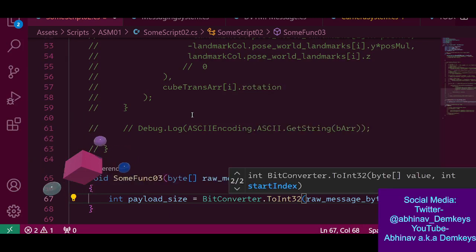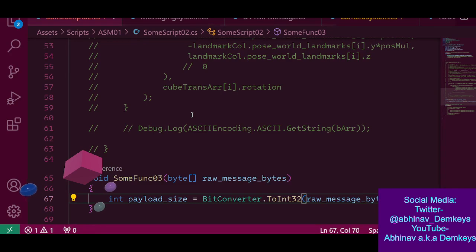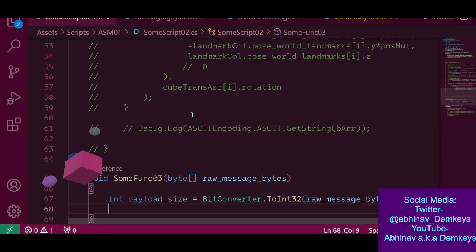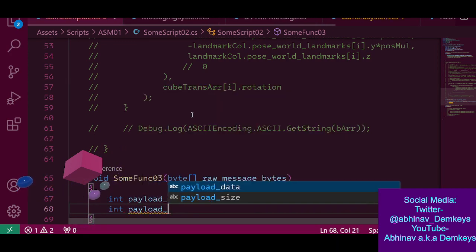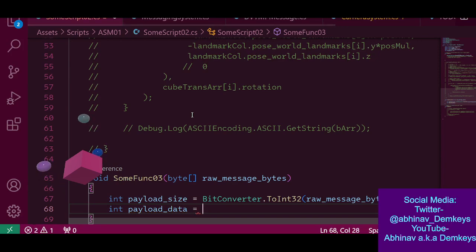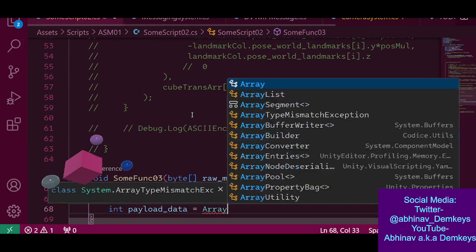What's the start index? 1, I believe. So that's the payload size, and then there's the actual payload itself. So payload data equals array dot